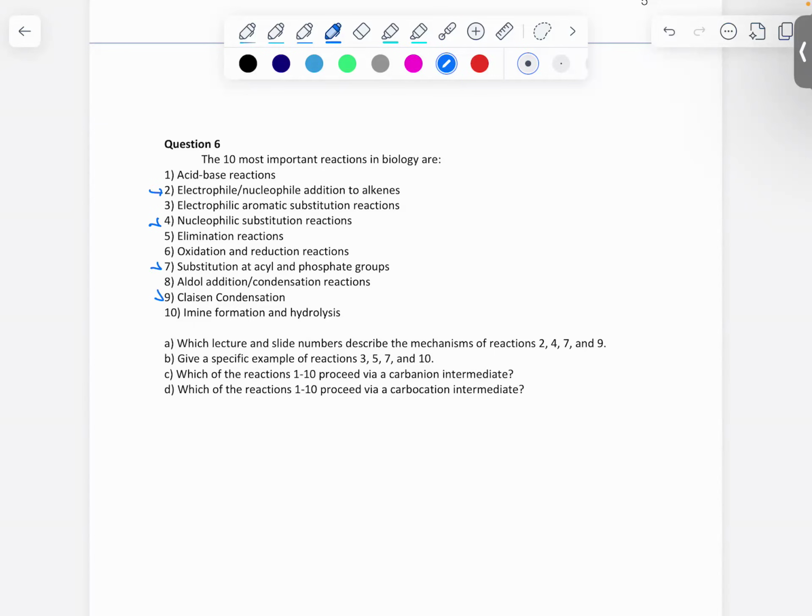So the lecture and slide number and examples, I'll just refer you guys to the uploaded key. And then looking at part C,